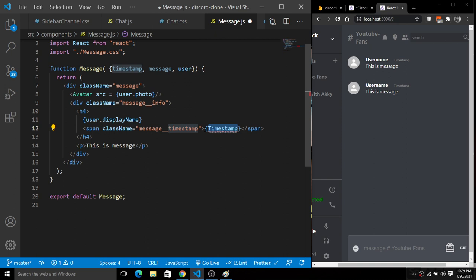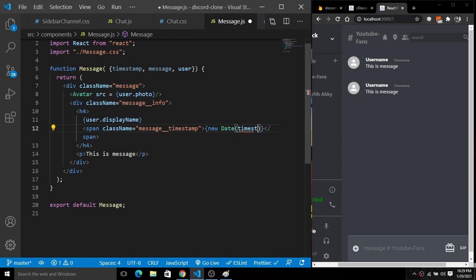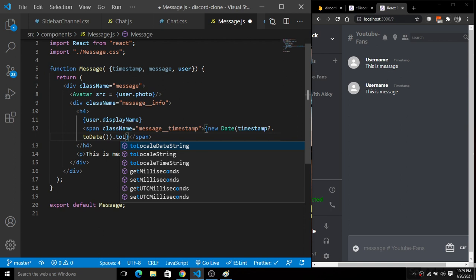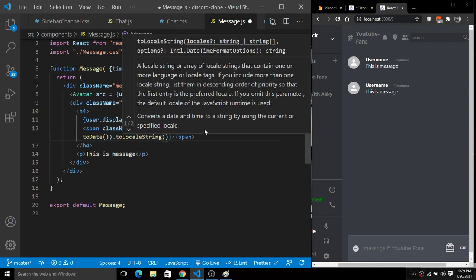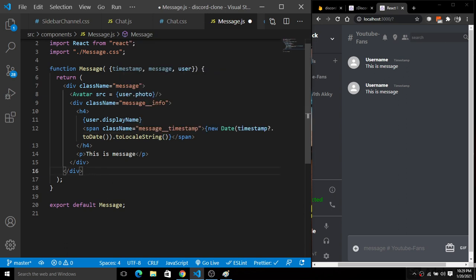So we have this timestamp, and I'm going to rename this: new Date, new Date(timestamp?.toDate()), and now .toLocaleString. So toLocaleString, got it? Now, instead of this hard coded message, we will simply pass the message here.